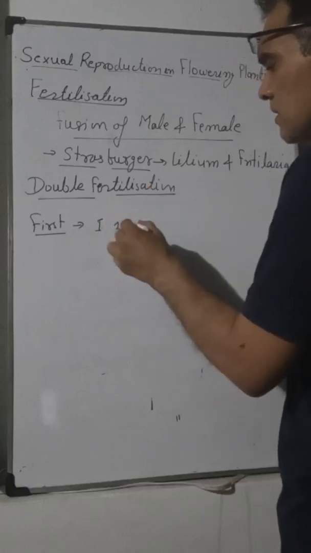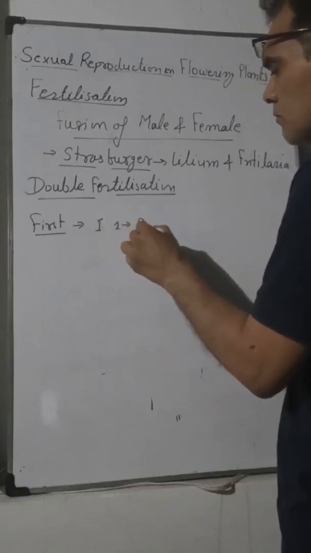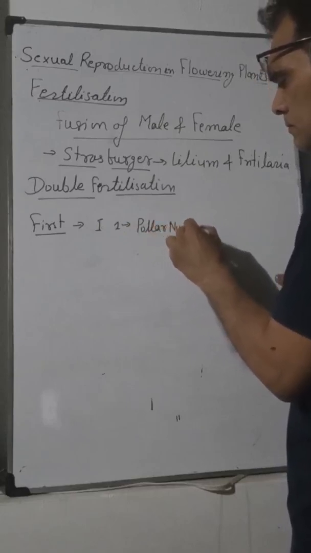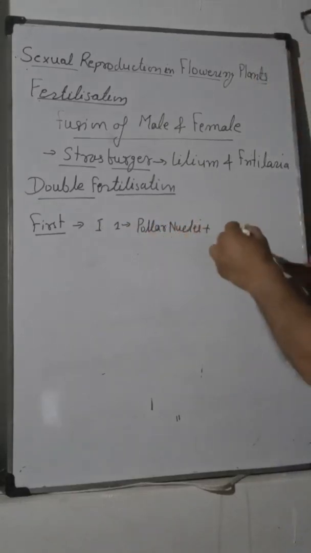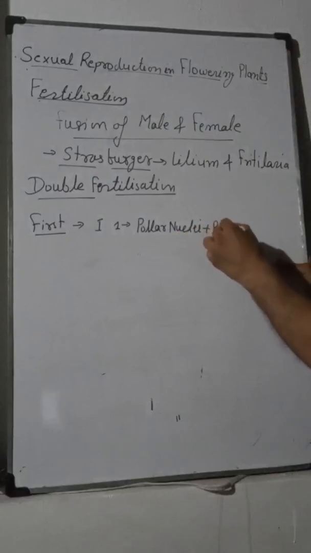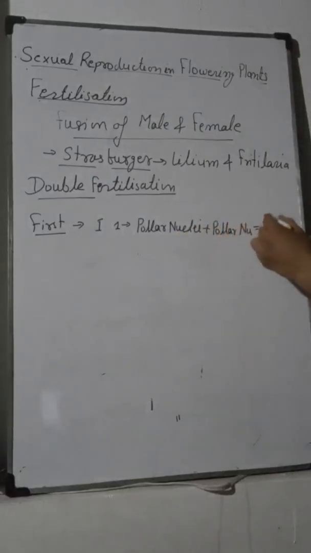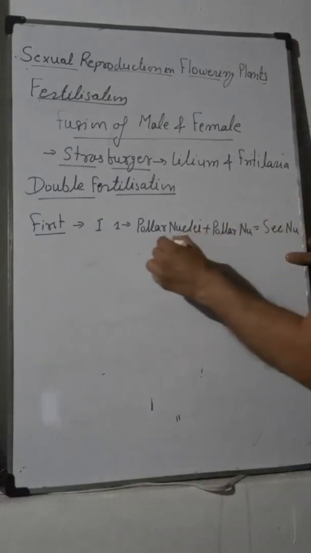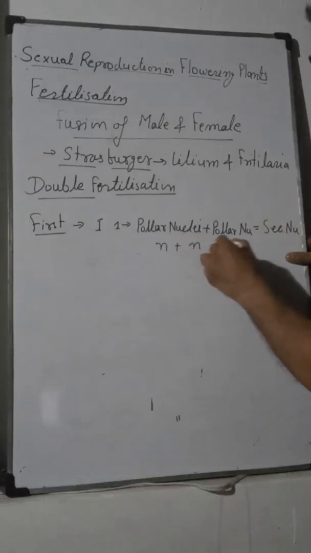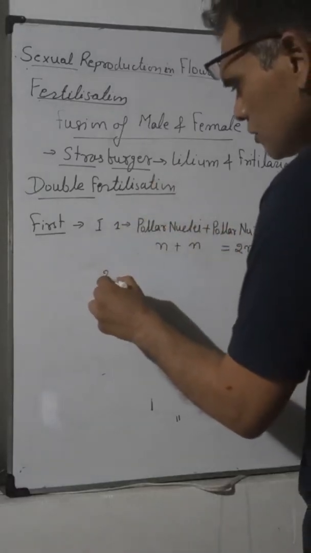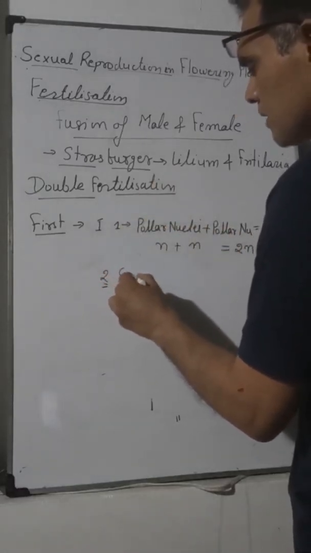The first step is a polar nucleus plus another polar nucleus fused together to form the secondary nucleus. That is, N plus N fertilized together to form 2N, the secondary nucleus. And the second step is the secondary nucleus